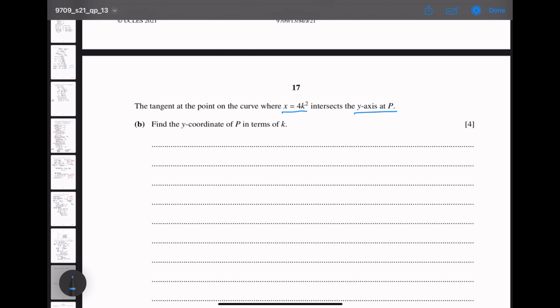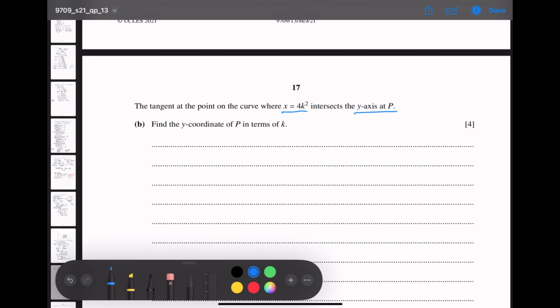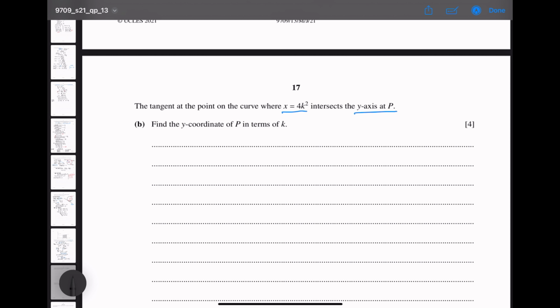We will find the y coordinate. Putting this value of x in the equation of the curve, y will be